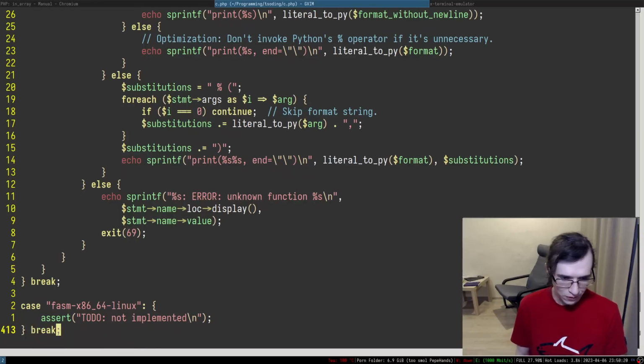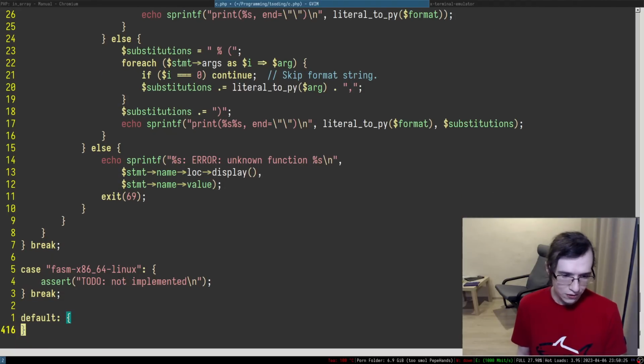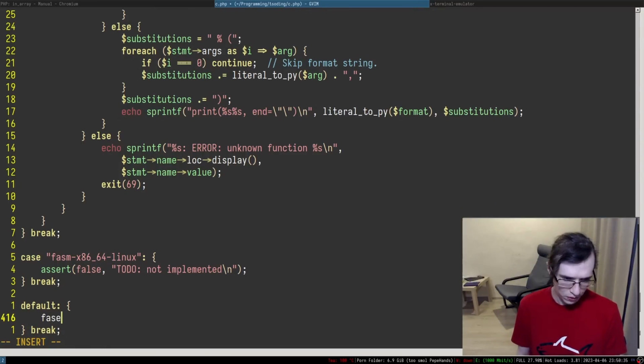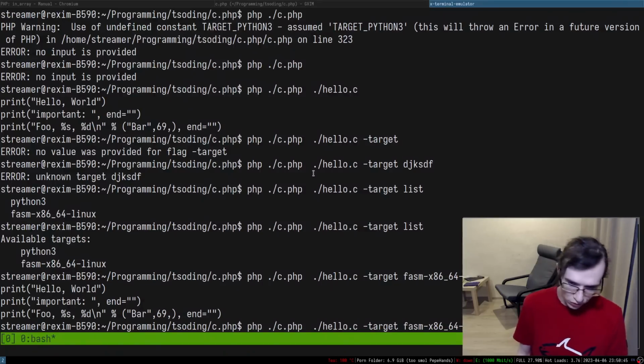And in here we're going to have default, which in this specific case is going to be unreachable, right? So here I probably have to do something like false, right? So that's how assert works. Assert false unreachable, right?